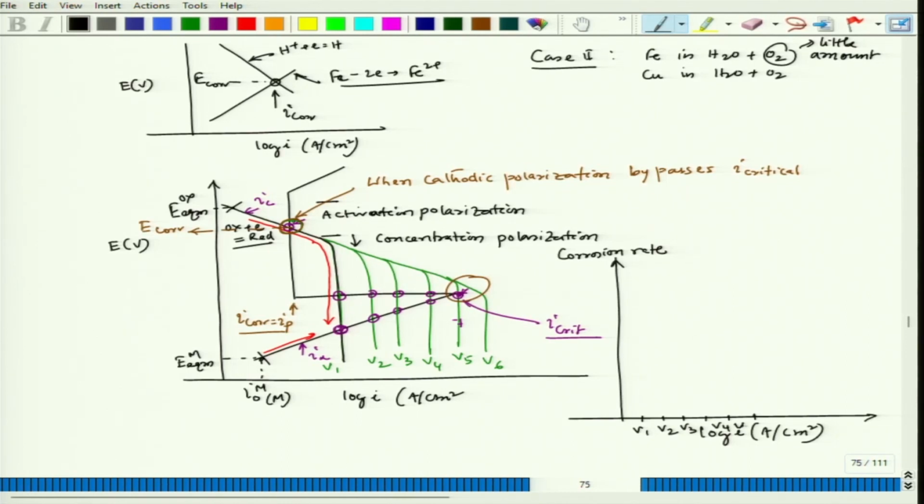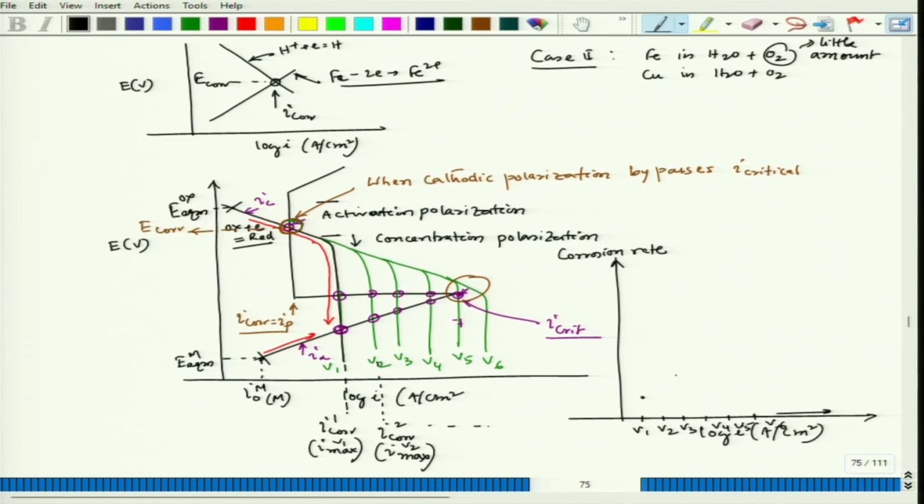So, the 6 velocities we have considered, and if we can go further, the velocity is actually increasing. Now, as we see those interactions, this will be my first I core 1 corresponding to I max V 1, then it will be I core 2 corresponding to I max V 2, like that it will progress, and then